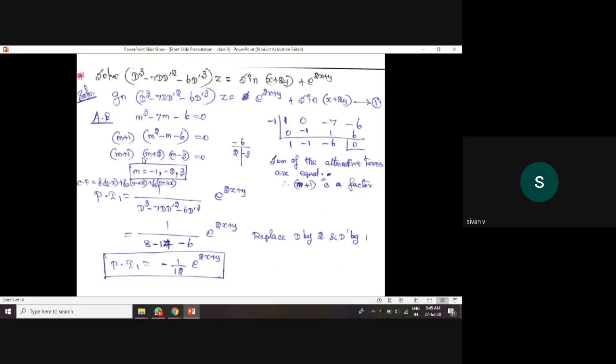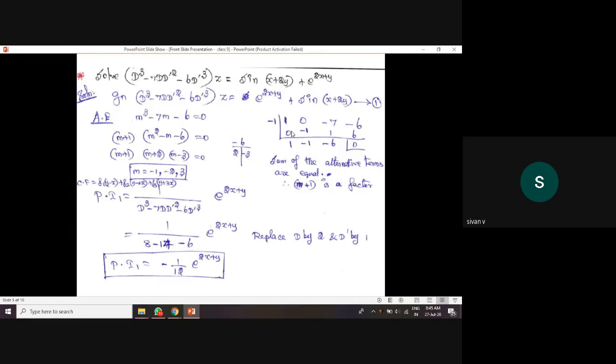Now we have to find the auxiliary equation. To get the auxiliary equation, replace D by m and D dash by 1 and z equals 1, and make the right hand side 0. So substituting all this, equation 1 becomes m cube minus 7m minus 6 equals 0. You have to solve it by any method, using a calculator or identity. Any one method you can apply here. I am solving here